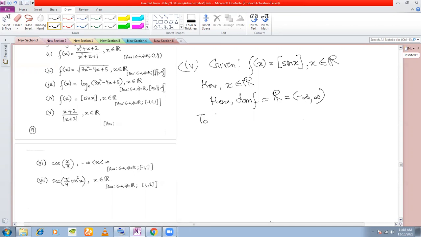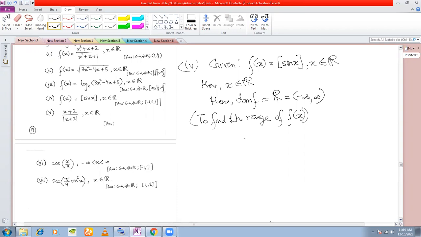To find the range, now the convenience with the question on finding domain and range is that in 99% of the cases, you'll see that the domain will come out to be the set of real numbers. That is the advantage of getting a question which contains domain and range both. So when you get a question on find the domain and range of a certain function, obviously know that chances are extremely high that the domain will be the set of all real numbers. But if it is a question on domain only, then the question can be a little technical.